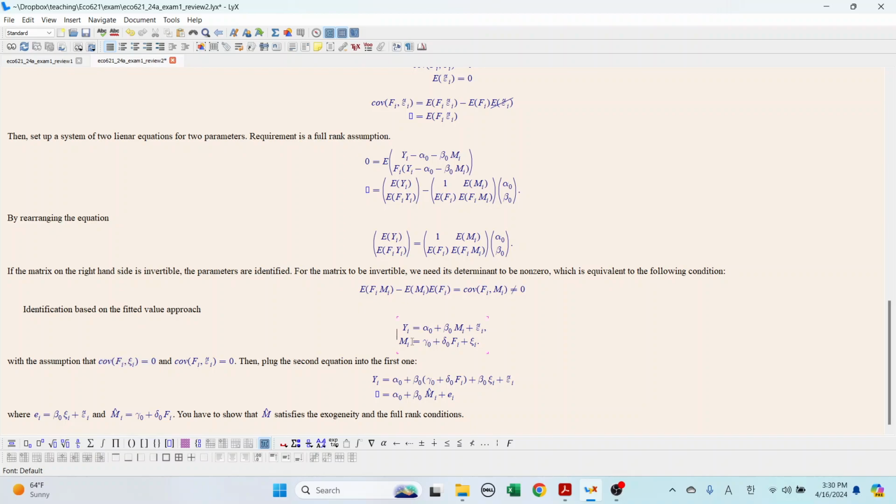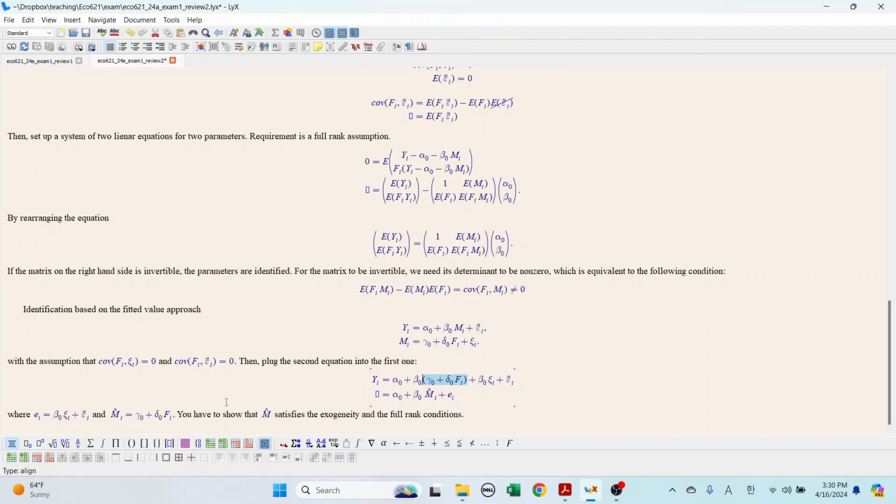So anyhow, you set up the second equation and plug the second equation into the first one. Then you have to split this part and the other part. This psi is correlated with the error term, so split them. And psi is absorbed into the error term, and the other part, the fitted value, is replaced by M hat,